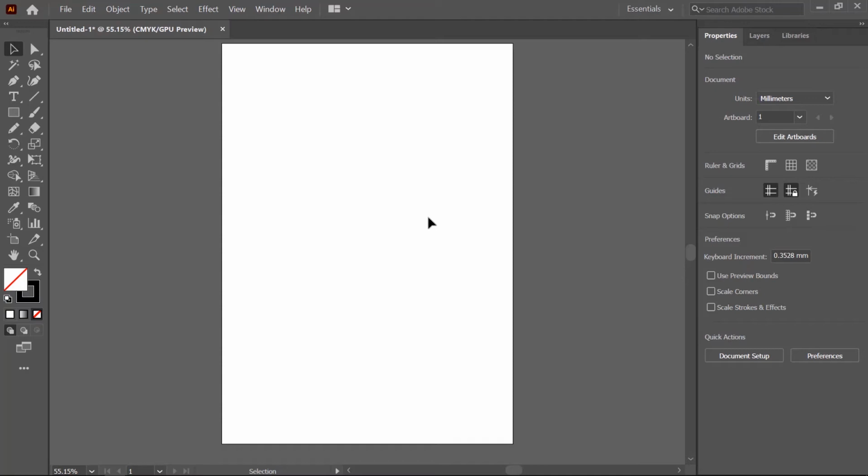Hello student, in the last section we learned the introduction of Illustrator and we also covered some basic drawing tools and fill color and stroke properties. But in this section we will learn some advanced drawing and shape creation tools. So I start from this tool group.